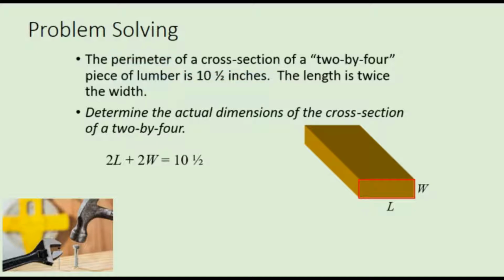The other piece of information, since we have two variables, we need to use to generate our second equation. And this second sentence tells us the length, L, is twice the width, which can be represented by 2W. We now have two equations and two unknowns, in other words, a system, and let's use the substitution method to